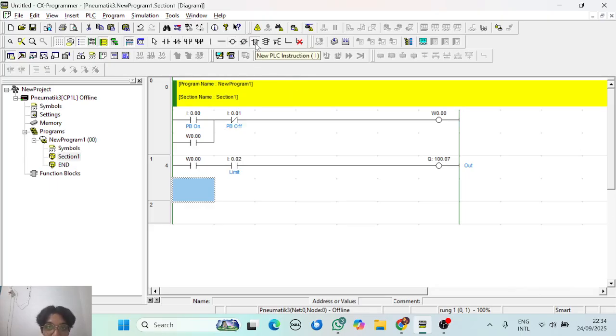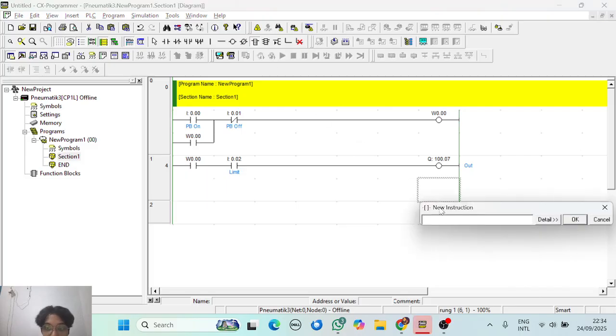And we add this to use a timer, a 5 second timer.